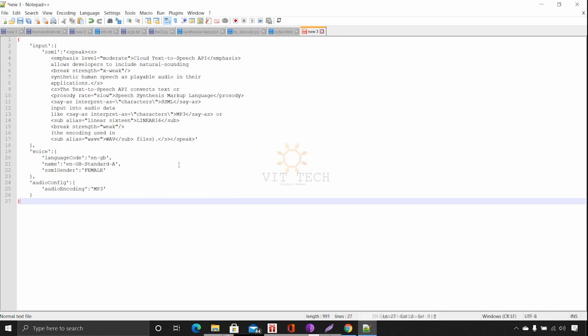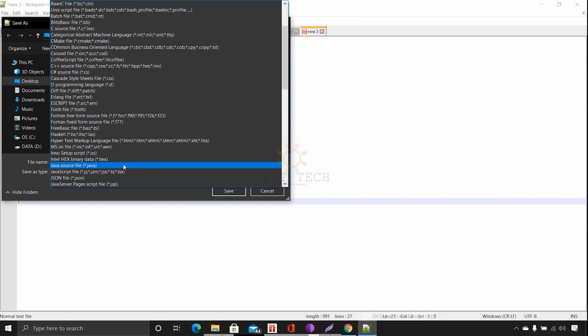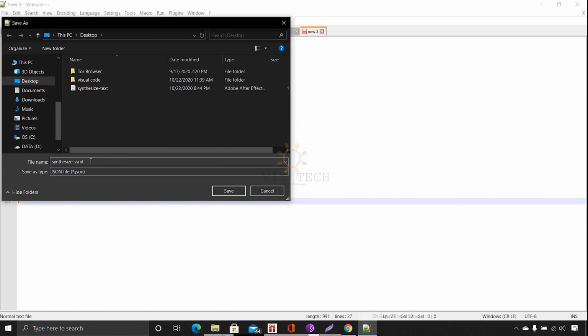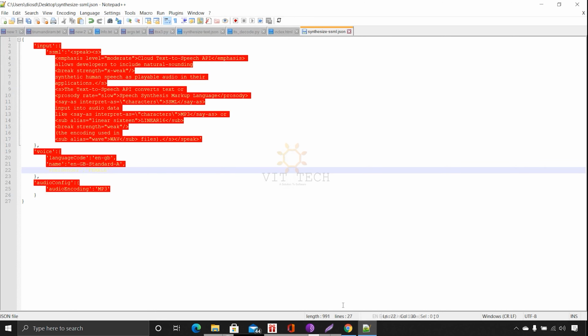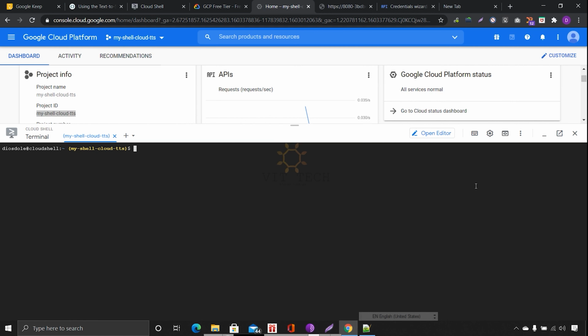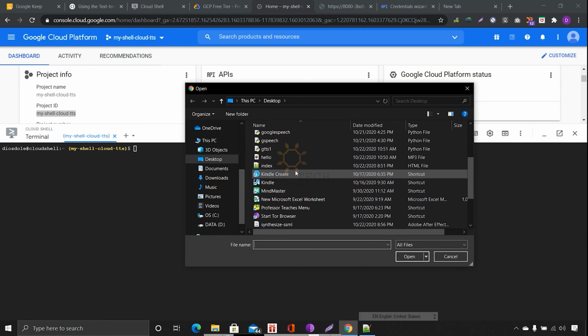This also we save as a JSON. Name it as SS, same synthesis text as the previous one. This is synthesis SSML. Save it. Now upload it. Upload synthesis SSML.